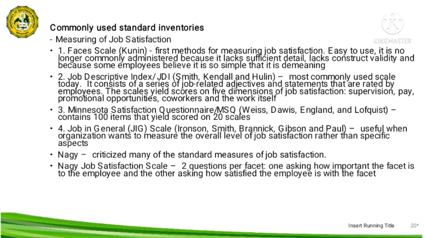Ito daw mga measures na binanggit ko kanina, ina-measure lang yung particular aspect of their job, hindi yung importance ng job aspect para sa kanila.